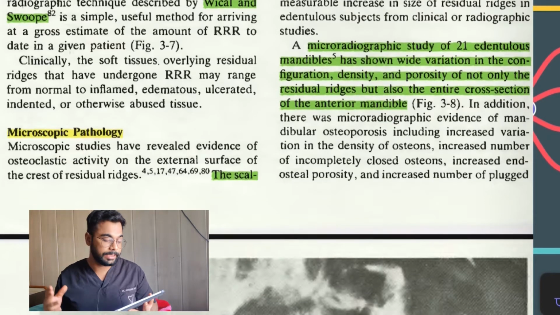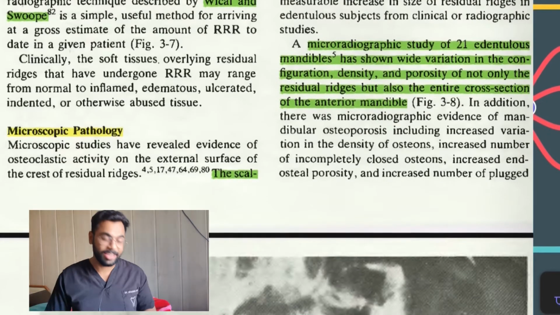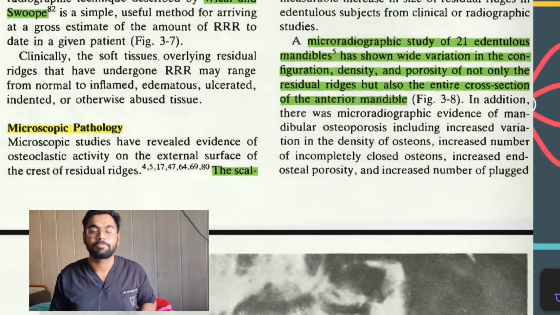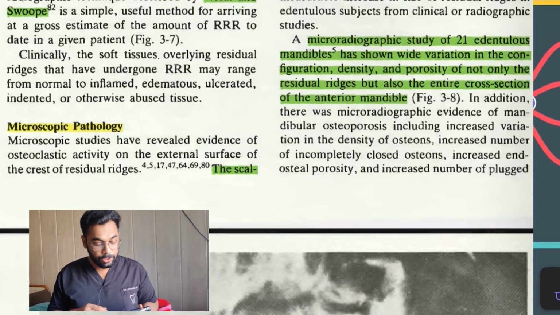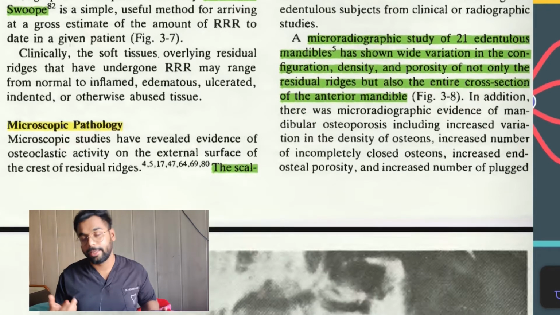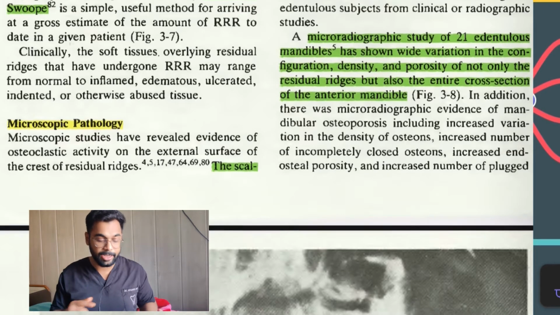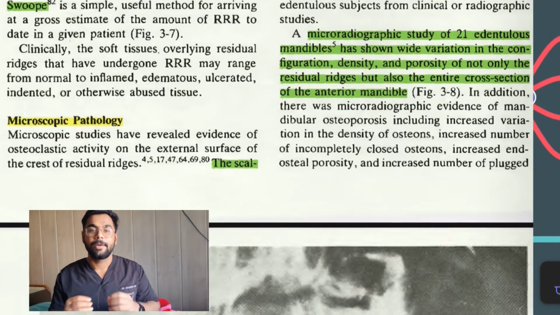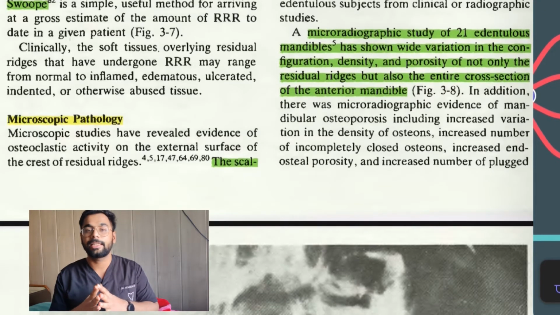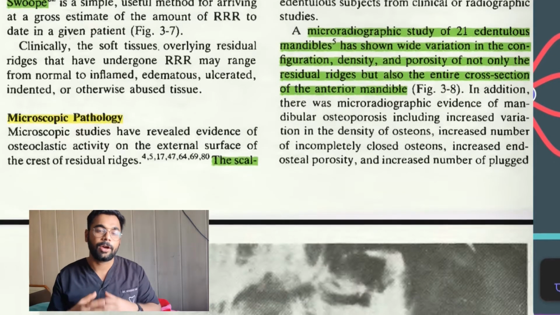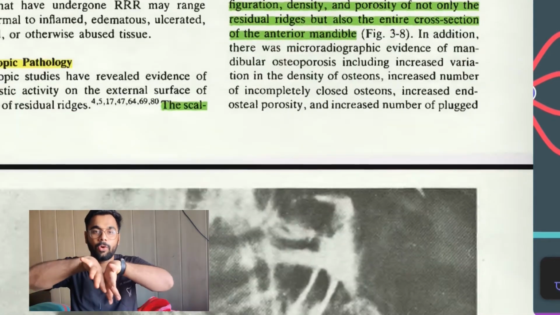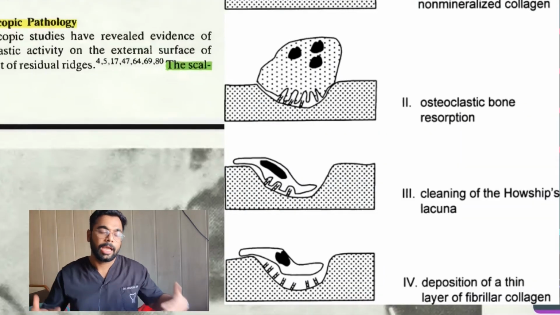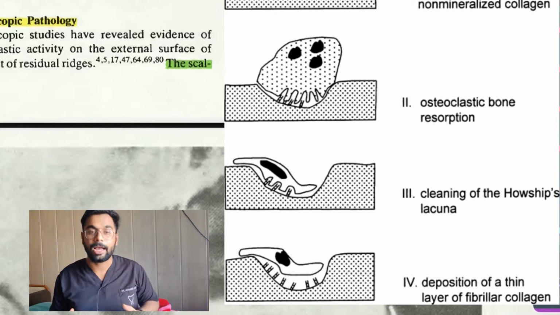What you will be seeing? You will be seeing scalloped margins. Okay, you will be seeing scalloped margins of Howship's lacunae. Okay, that's what you're going to see. Anyways, let me explain what scalloped margins of Howship's lacunae is. It is a cluster of osteoclasts, but osteoclasts don't act randomly. They do have a pattern of resorption. How do they act? They act in a periphery. They go towards the periphery. They go and travel outside. So that's what you will see in the X-ray. And how does it look? I'll post a picture somewhere in the video.